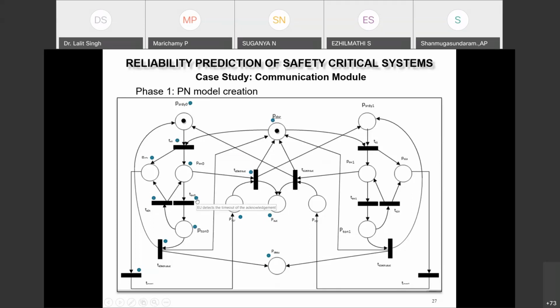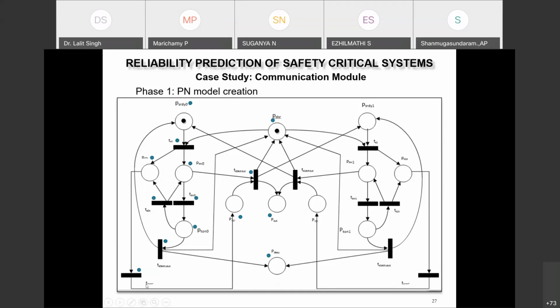So detection of the timeout is represented by this transition PSW0, and again the timer has been timed out. It is represented by this place PT0 N0. And if it has been timed out, it again sends the packet, and again it is waiting. This loop will keep on for as many times as you want to try. And once the data packet has been sent, the display unit will send the acknowledgement, which is